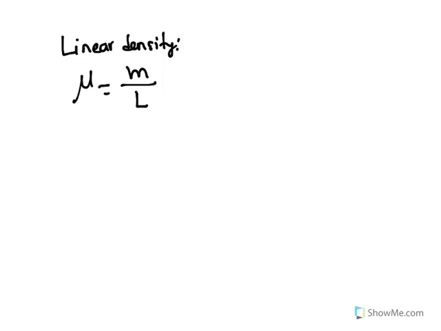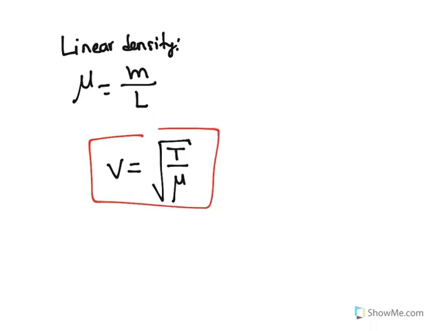So that's the reason why it's a linear density. Such that at the very end, the velocity of the string is going to be equal to the square root of the tension over the linear density. This is then important. This is the velocity of the wave in